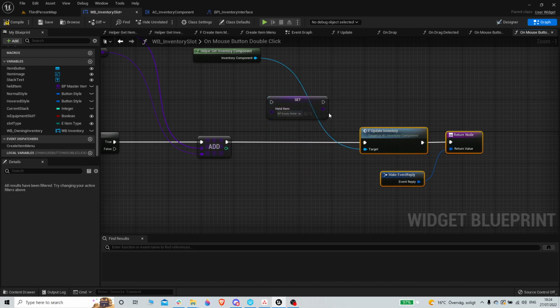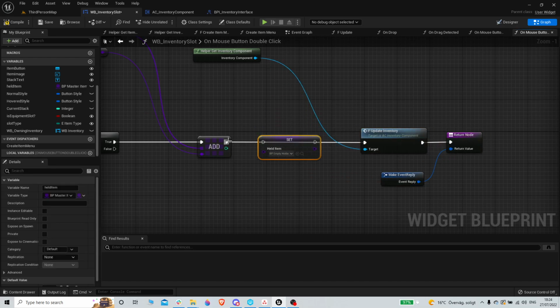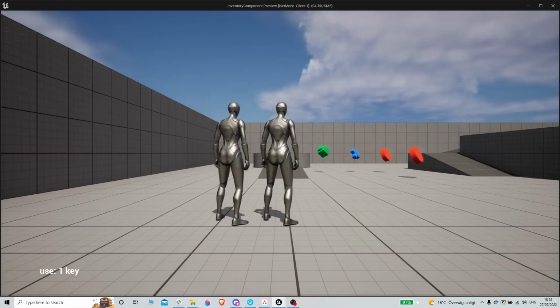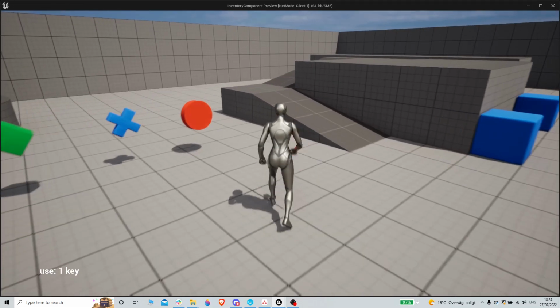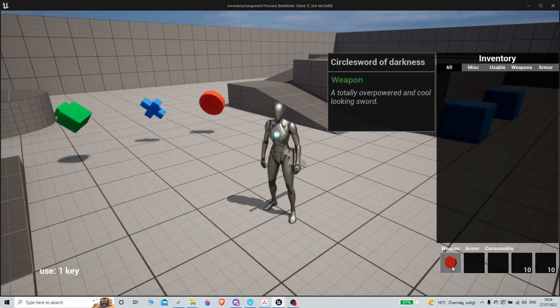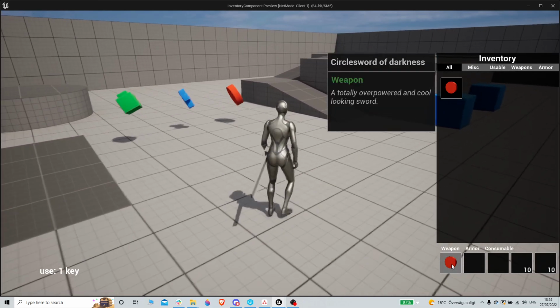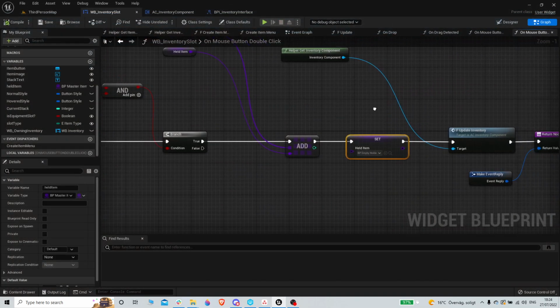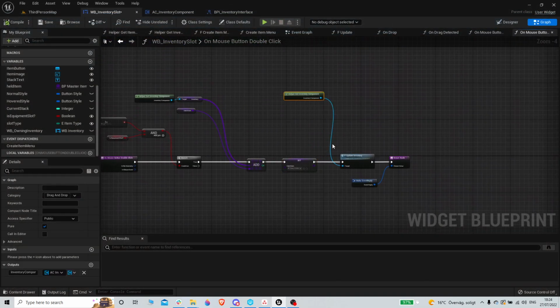So we will set the slot type to be empty holder item before we update the inventory. And